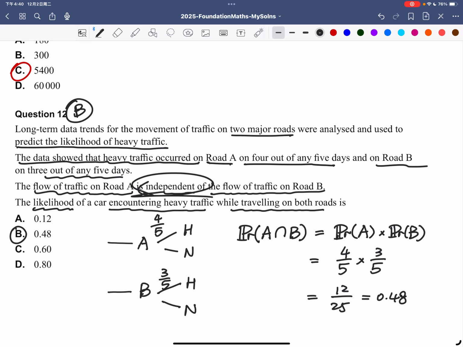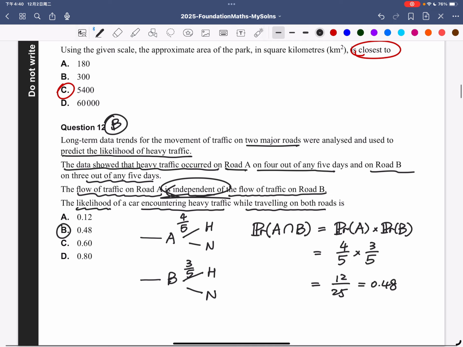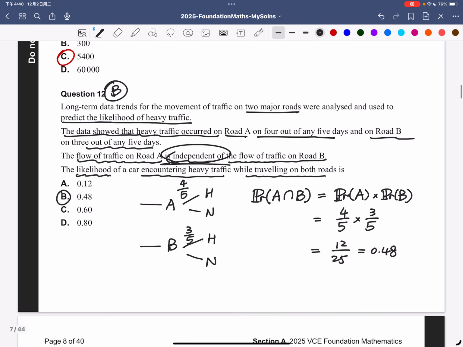An interesting question. I wouldn't normally expect that on a foundation math paper. More likely, it's a year 11 math methods question. But anyway,